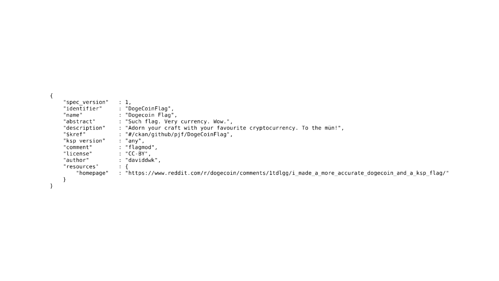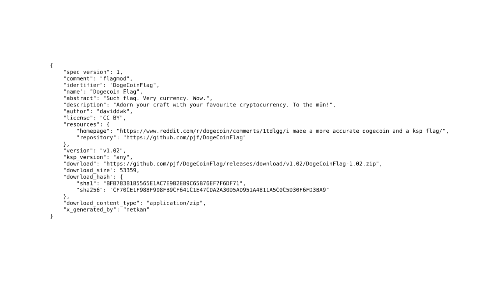So my role mostly was automating NetKAN, which is a tool that takes stub metadata, which is just where to find the mod and a few bits and pieces we want to hard code about that mod if it's not available where we're retrieving that data from, and turns it into something like that, which covers data about it, where to get it, version compatibility with Kerbal Space Program, licenses, who wrote it, what it conflicts with, what it recommends, what it suggests,